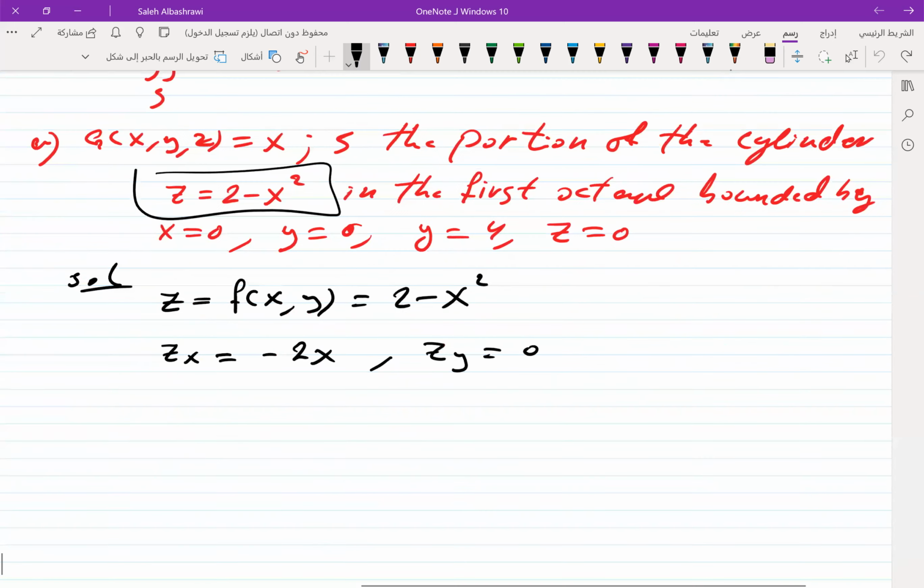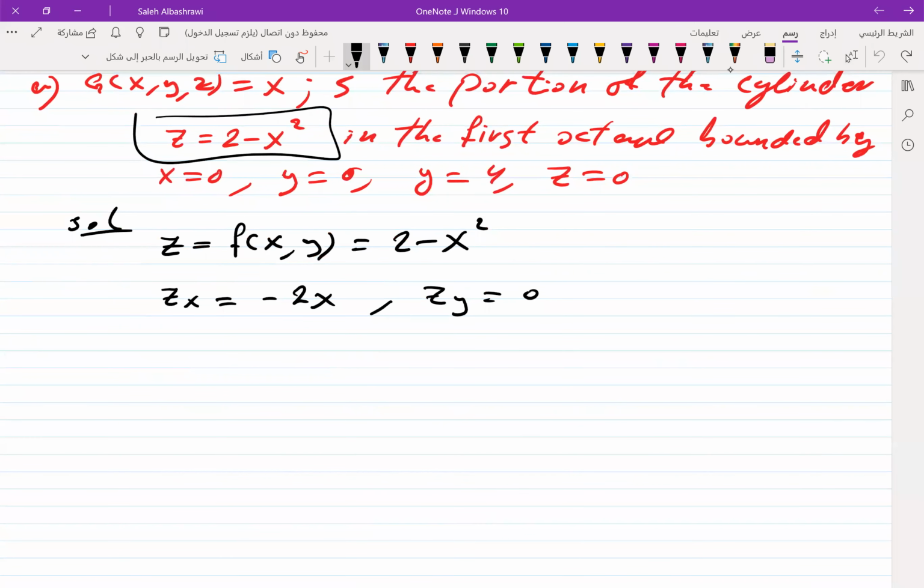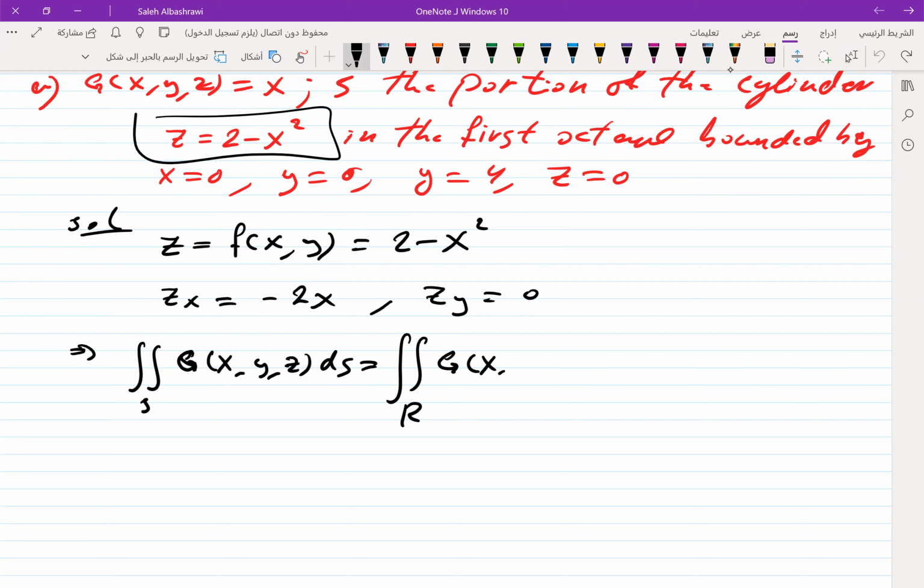So the surface integral now will be given as the integral of g(x, y, z), with z given by 2 minus x squared,